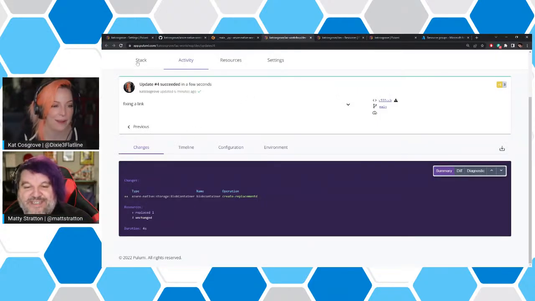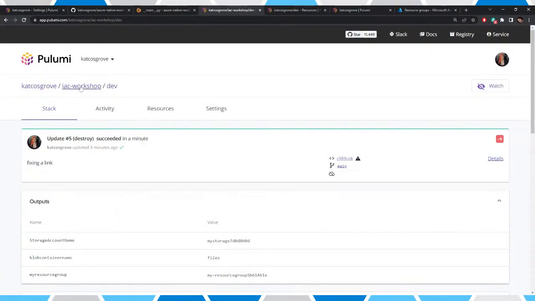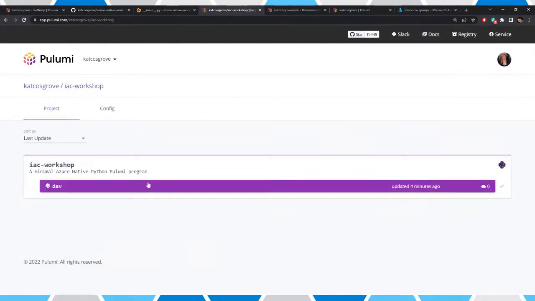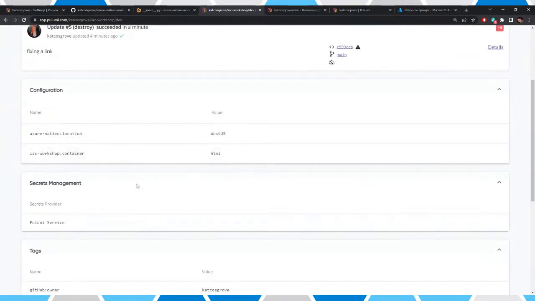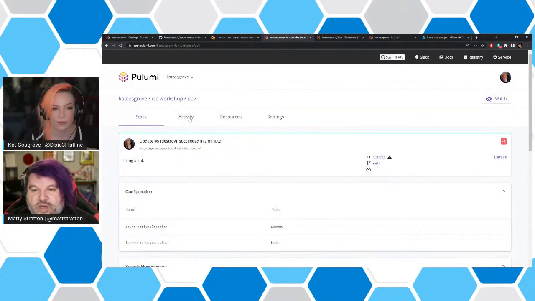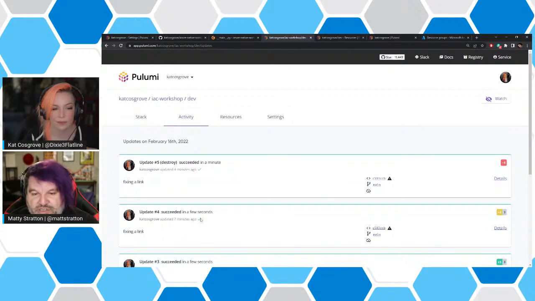Even though all those resources got deleted, we still have all of the history, all of the things that happened. In this case, Kat just wants this gone, so we can delete the entire stack, and then all of that history is gone.